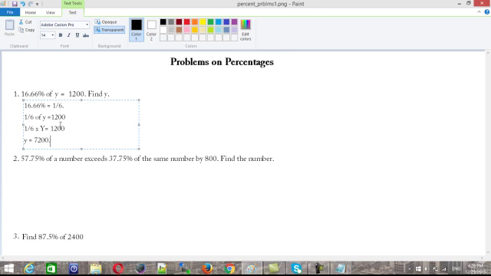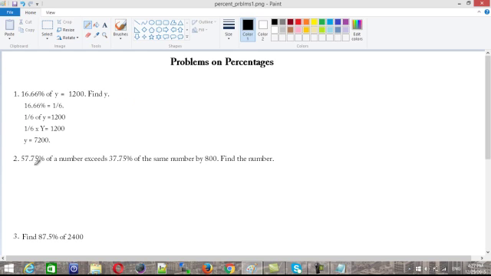See, this is very simple. So therefore 16.66% of 7200 becomes 1200, and we have solved this within seconds. And let's move on to the second problem. 57.75% of a number exceeds 37.75% of a number by 800. Find the number. Here he says